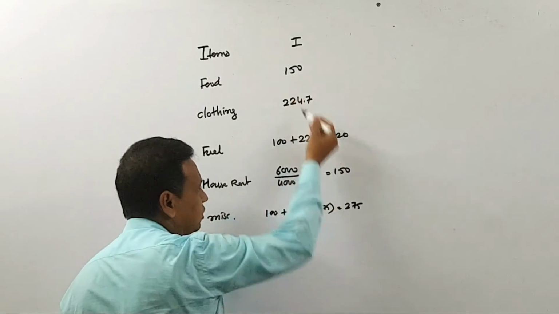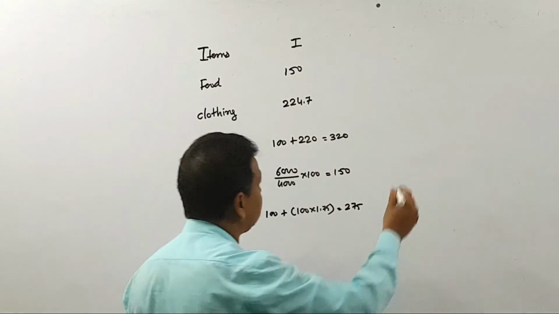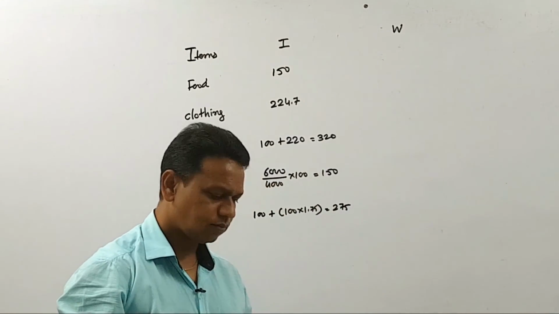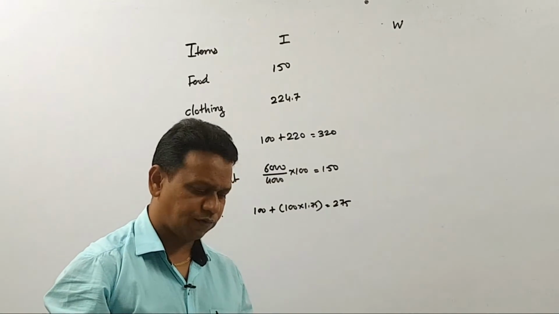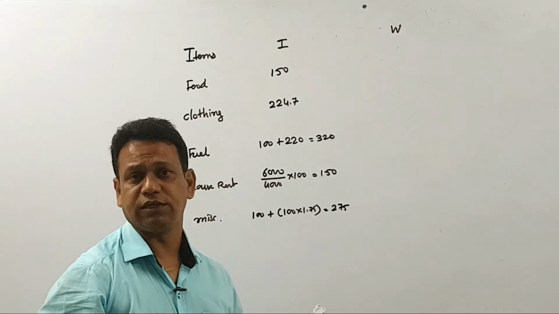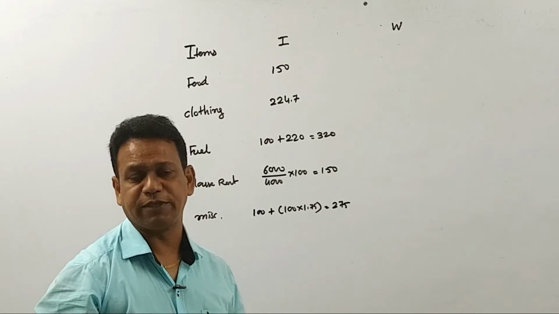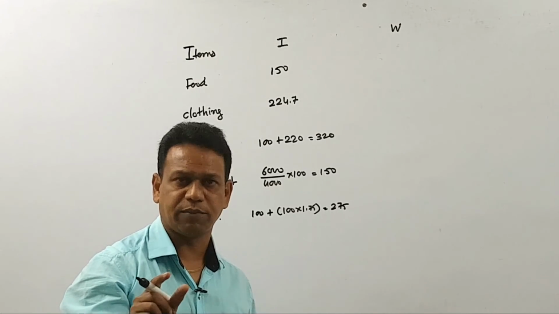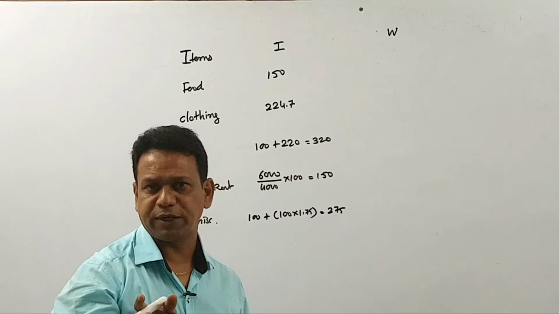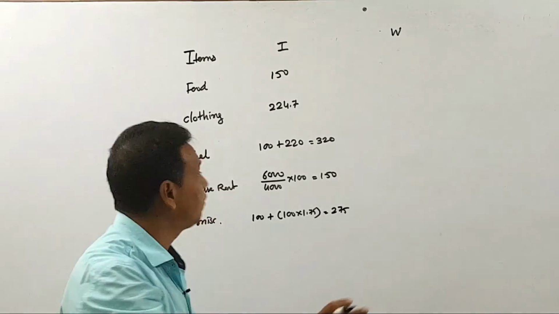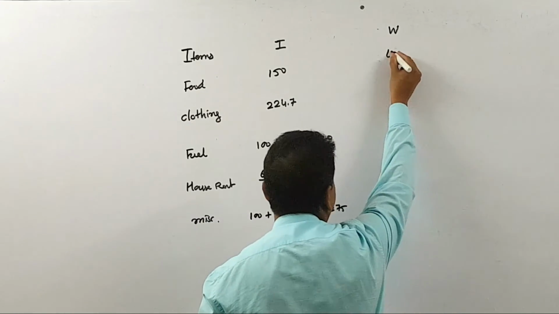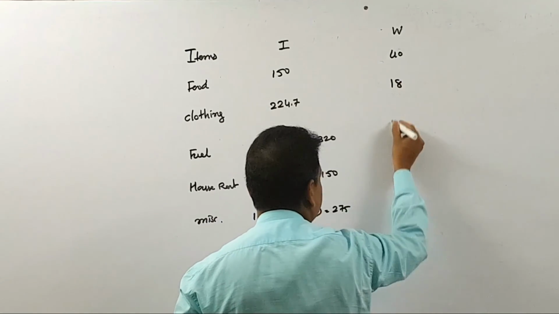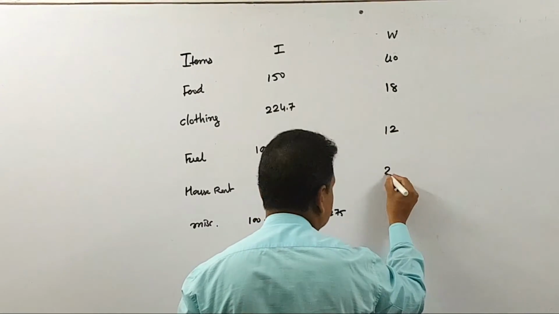So these are the indices of all the items, and now we need W, that is called weightage or importance. So now refer to this. If the expenditure of the first four groups are 40%, they have mentioned the percentage expense. That means if our total income is 100%, out of 100%, how many percentage are the importance of these articles? So food importance is 40% out of 100. Then here it is 18, then 12, then 20.